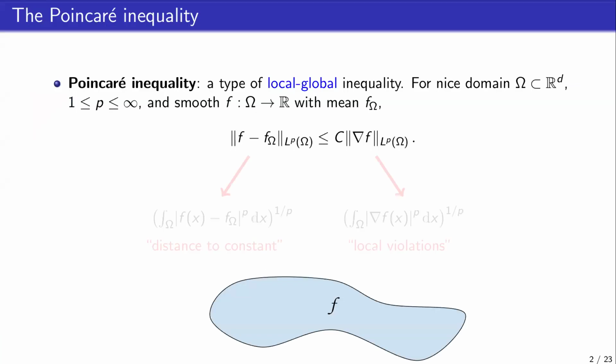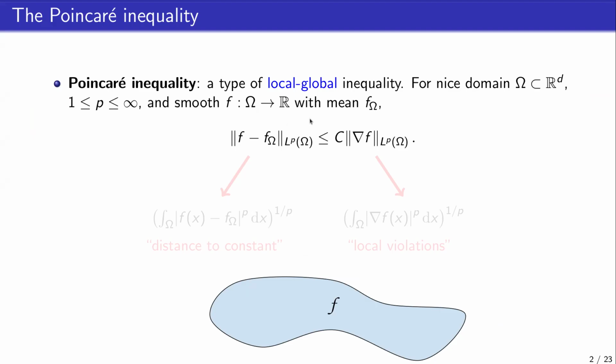So let's get started with the first half of this connection, which is the isoperimetry part. In particular, I want to tell you a little bit about Poincaré inequalities and why they are very important. They're very natural, show up everywhere, and we should be interested and excited about them. So a Poincaré inequality is a type of local to global inequality.